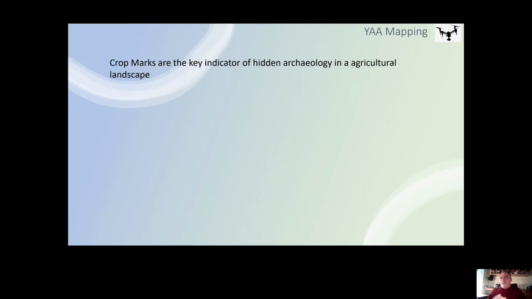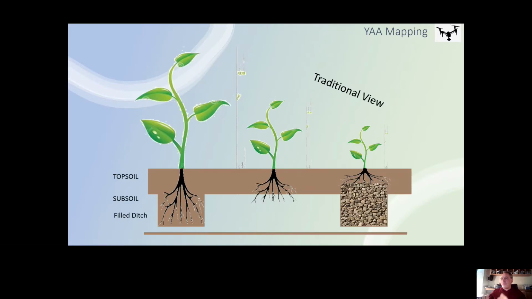So we all know about crop marks. Crop marks are the key indicator of hidden archaeology in a normal agricultural landscape. But what is a crop mark? First of all, before we address this, let's just have a look at how crop marks in a traditional view